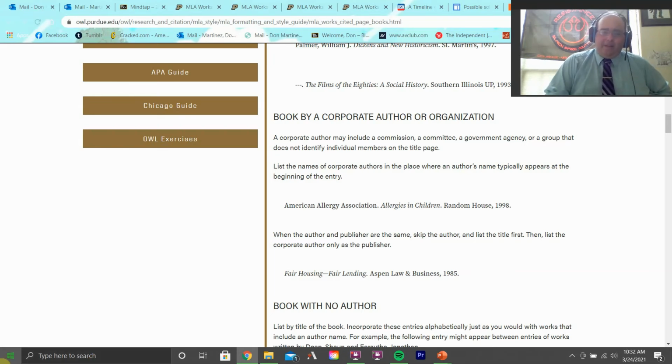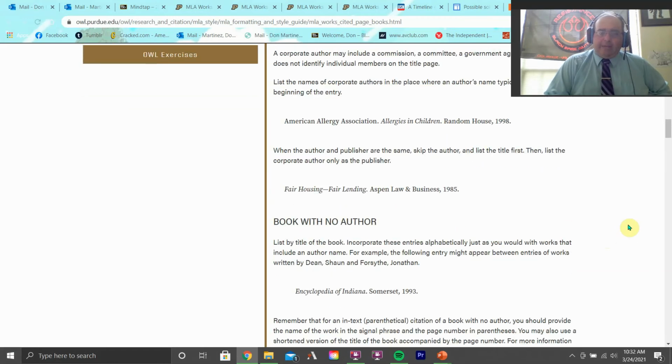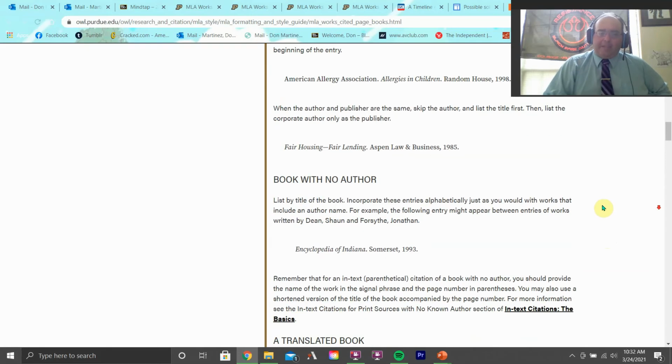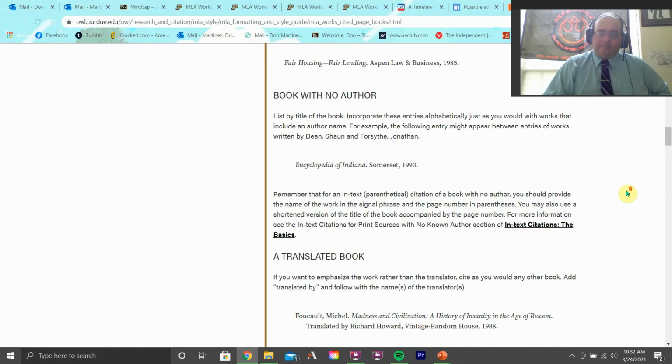Skip the author and list the title first, then list the corporate author only as the publisher. So we have the title of the book instead of the author because the author is the same as the publisher, Aspen Law and Business. If you have a book with no author, list it by the title. For instance, we have the Encyclopedia of Indiana.